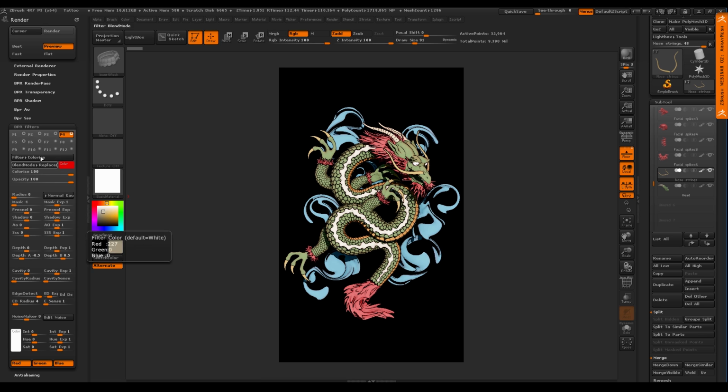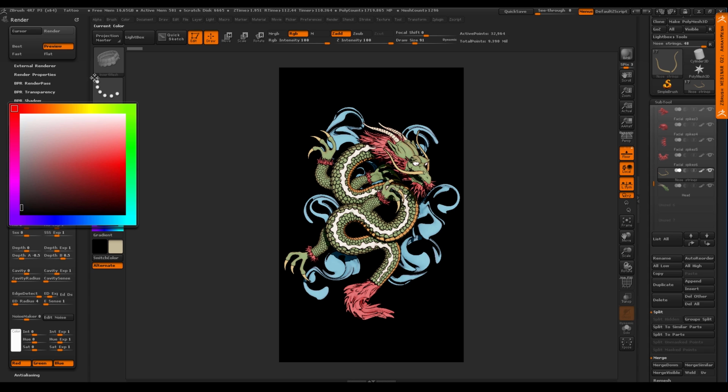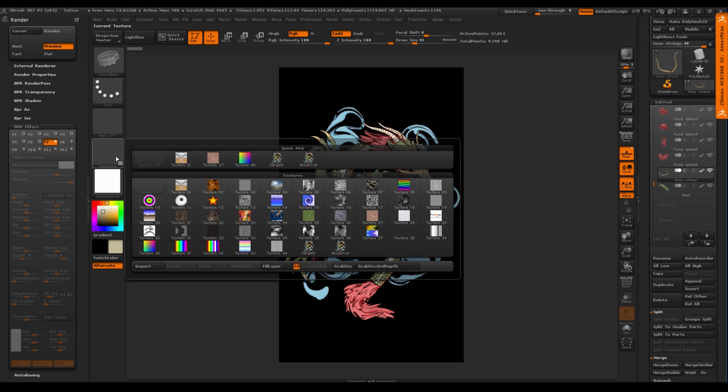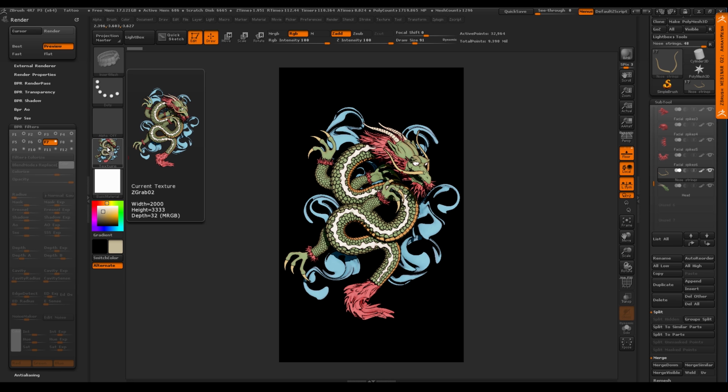I use this one to bring a little bit more of an Orton. It just brightens him up a little bit, right? So we'll turn this back to the dark color that I want. Okay. And then I don't think I had a seventh filter. Nope. So there you go. Now what I want to do is turn this into a tattoo to use. So all I'm going to do is go to Texture, and I'm going to say GrabDoc. There it is, and now you can see what I have.